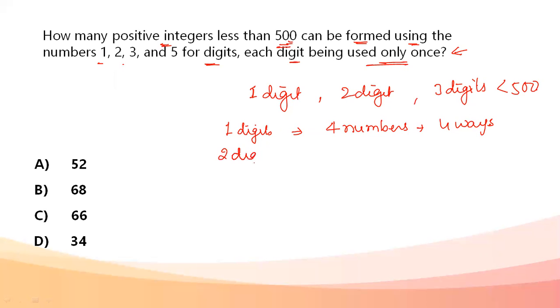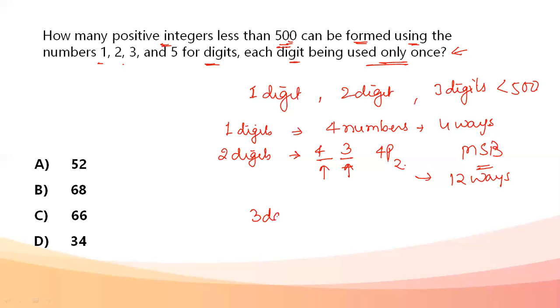If I form two digits, how many two digit numbers can be formed? I have four numbers here, and I have to form a two digit number. You can go for permutation or you can go for number of ways. With permutation, I have four numbers and have to select two, so 4P2. If not comfortable with this, we can always go for number of ways. I'll start filling from the MSB, the most significant bit, the leftmost place. This will have four options, one of them will be used here, and the next place is going to have three options. So for two digits, I'll have 12 ways, or 12 numbers possible.